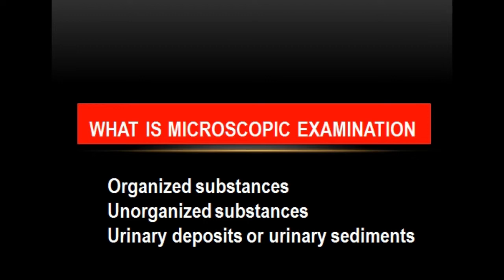These are basically crystalline and amorphous material, which are also suspended in the urine, and on standing they may settle down. So the main principle is that for microscopy we will perform centrifugation, and in this we will get a sediment at the bottom of the container. This urinary sediment reveals these types of substances, which will be observed under the microscope.